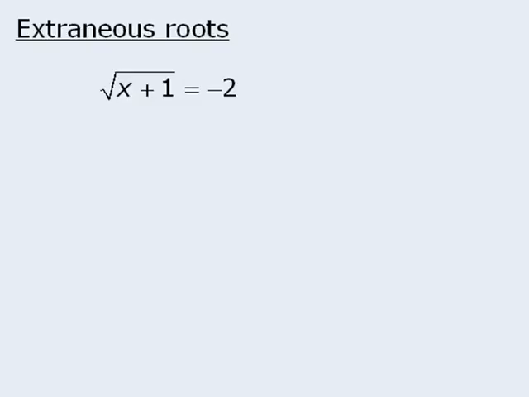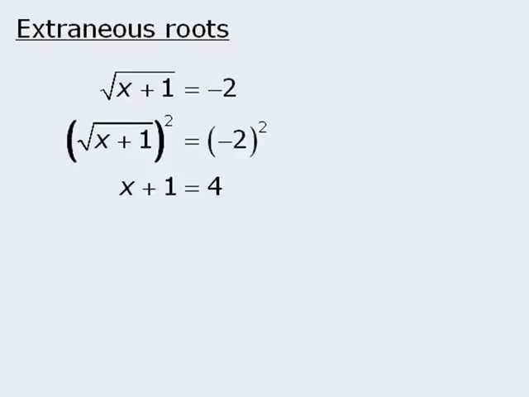However, notice what happens when we try to solve this equation using the same technique we used for the first 3 examples. When we raise both sides to the power of 2, we get x plus 1 is equal to 4, which means that x must equal 3. So even though we already concluded that the equation cannot have a solution, our technique yielded something that looks like a solution. Since x equals 3 cannot be the solution to this equation, we say that this is an extraneous